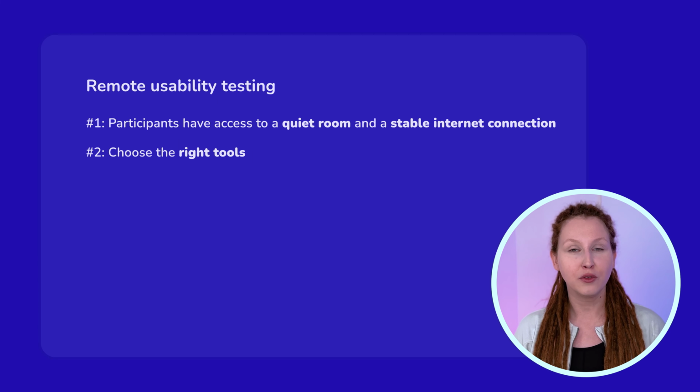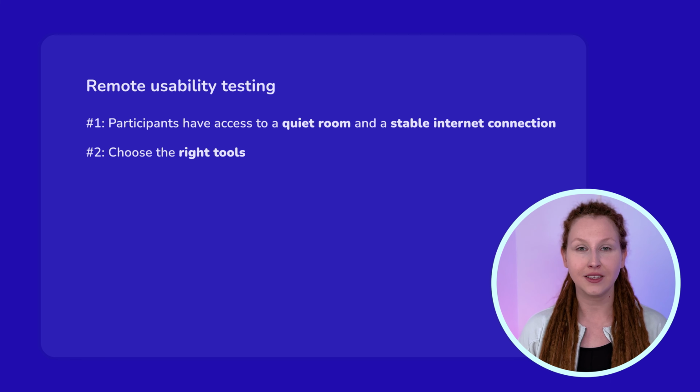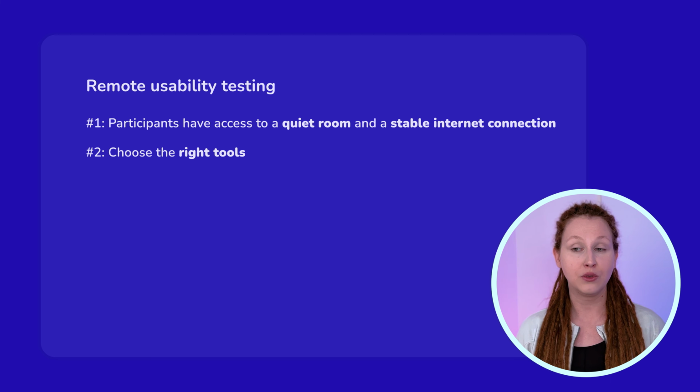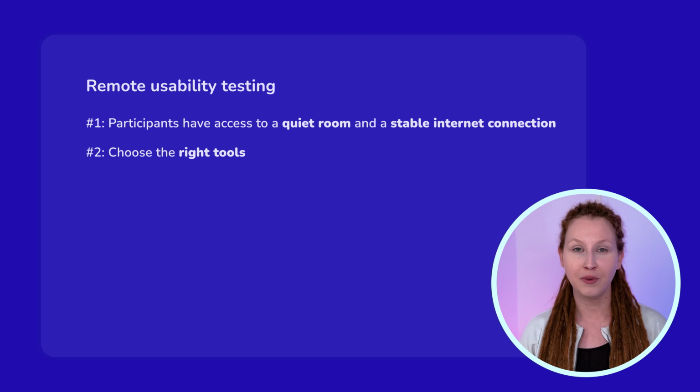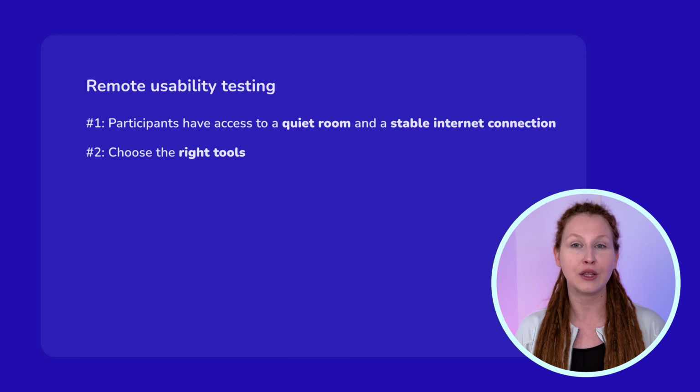When choosing a meeting software, pay attention to how easy or difficult it is for participants to join the call. Do they need to log in or download the app? Also explore the transcription and recording options for you. You can use a general meeting software like Zoom or Google Meet, or look for alternatives that were specifically created